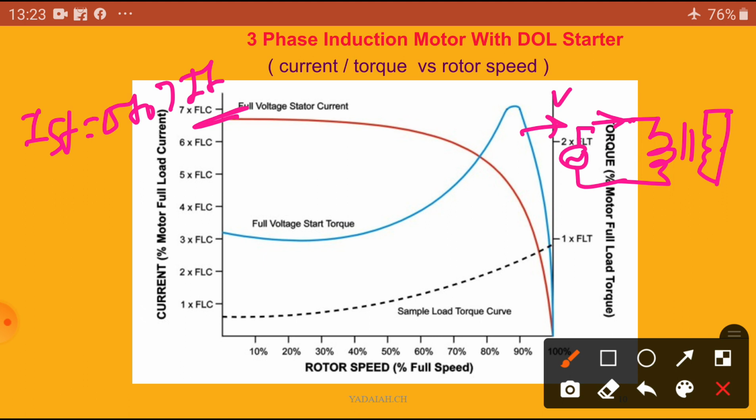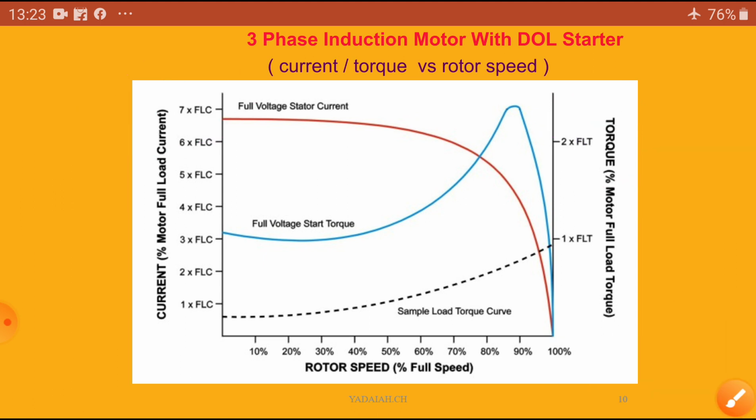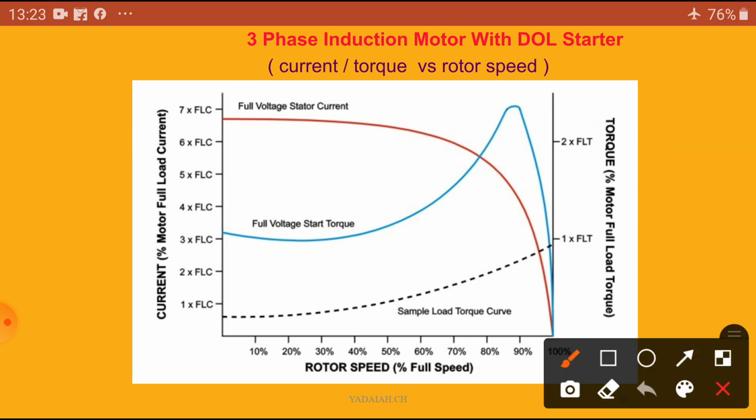Then a heavy short circuit current is drawn from the supply. This is the rotor, this is the stator. That's why it draws 5 to 7 times the starting current. This high current will gradually decrease to its normal value as the motor picks up speed, as you can observe in the graph.